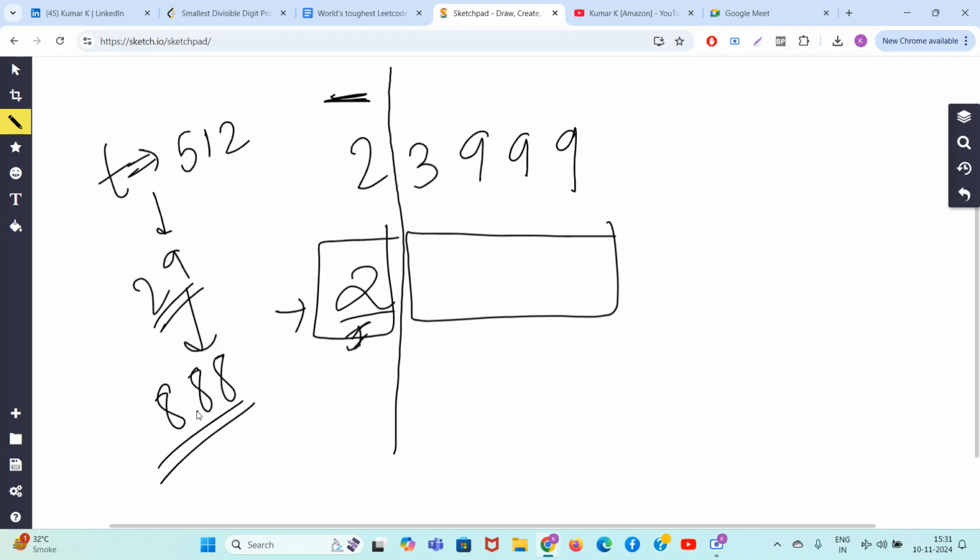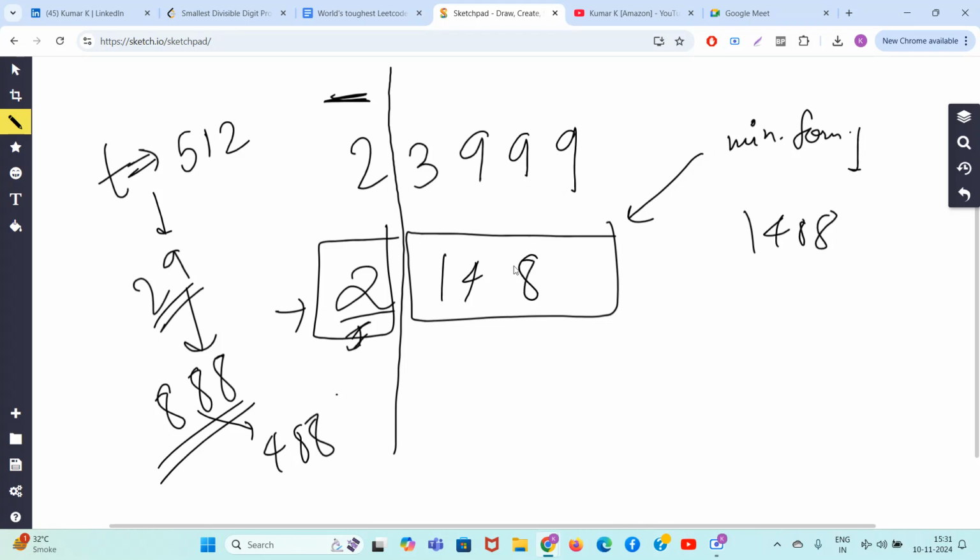For one matching, if you remove 1 2, it is 488. So guys, how will you write 488 here in the minimum form? In the minimum form, it will look like 1488. Right here, 1488. But 1488 is not bigger than this part. So what will you do? The greedy logic says that whatever is the remaining part,